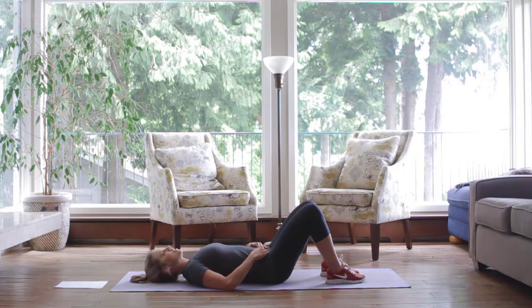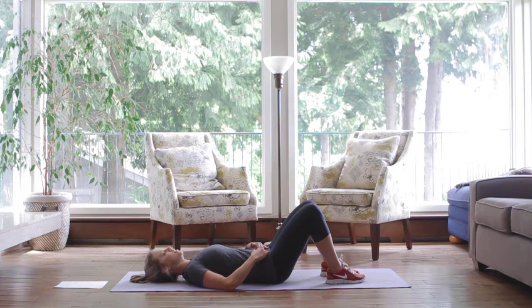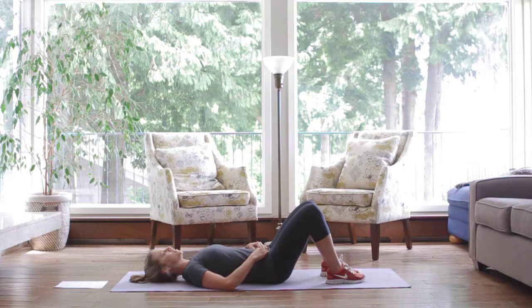And then relaxing everything down and away. And then again, you're going to engage those muscles, hold your pee, draw the navel in, 10-second hold, just breathing normally. So try and keep the upper body relaxed as well. And then relaxing everything down. Good job. So practicing about 10 in a row, just really getting those muscles active as much as you can,